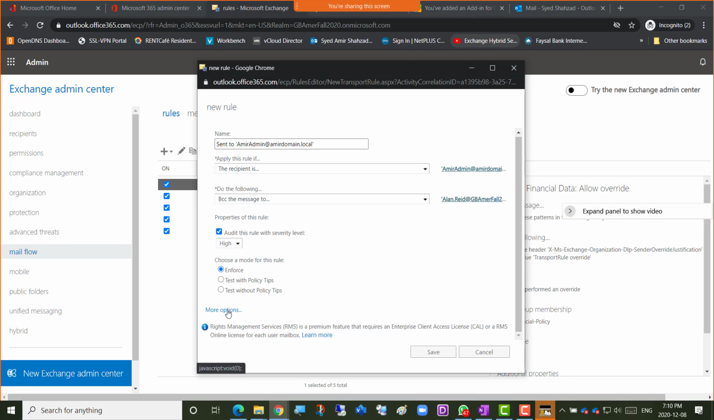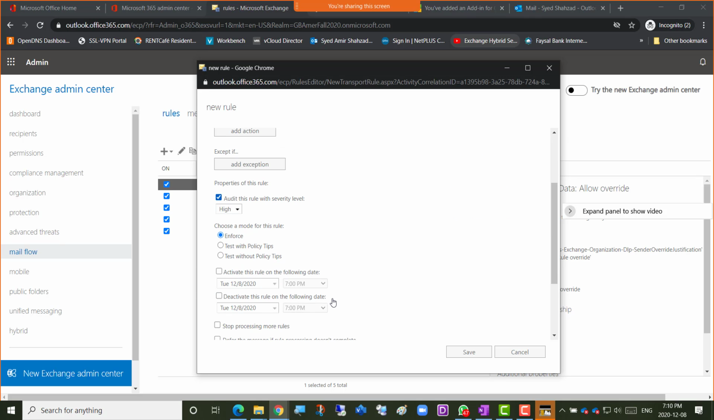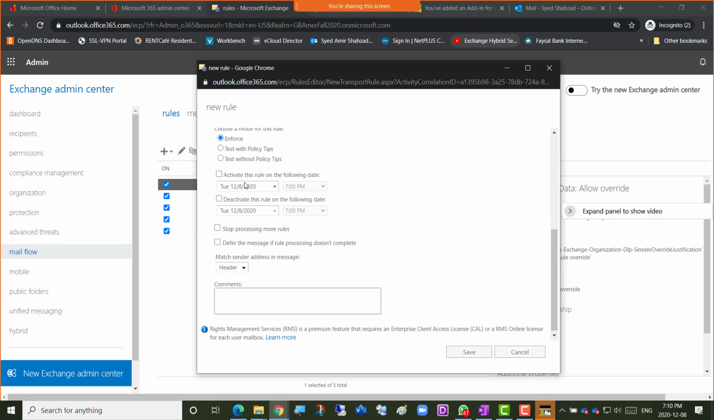If you click the more options here, and then there is add action. So we already added an action. Then accept if there's an exception there as well, and audit this rule with severity level this high, enforce, and activate this rule on the following date. You want to activate it on